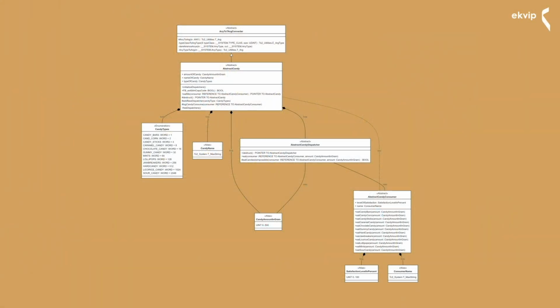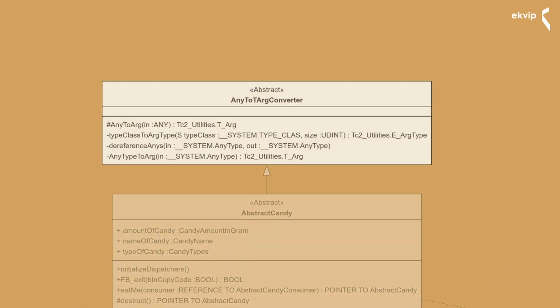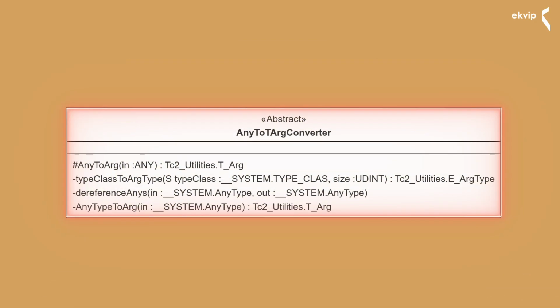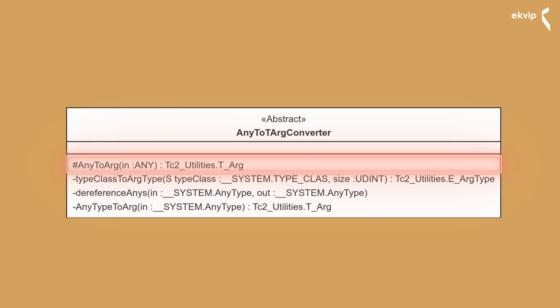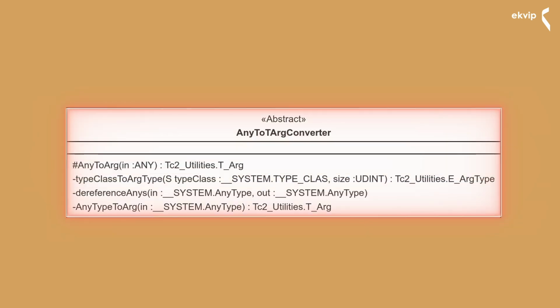Now that you know more about abstraction and inheritance, let's go back to our TwinCAT project. The abstract class we created will provide just functionality that can be used by inheritance. It won't have public methods. There will be just one method called AnyToArg accessible for the child class. This method will be final because no one should overwrite it. We create this class because it is much more convenient to use one method to convert, for all cases, than